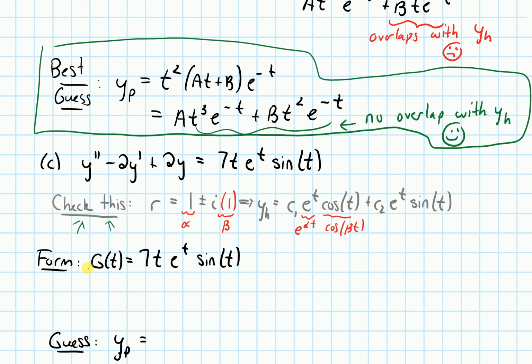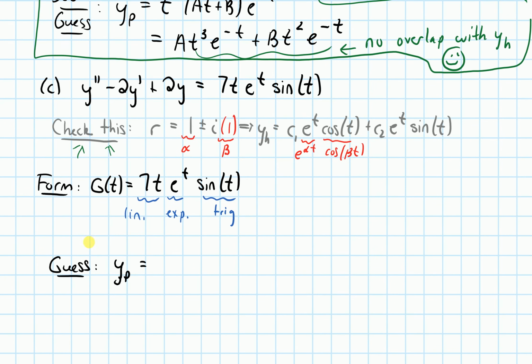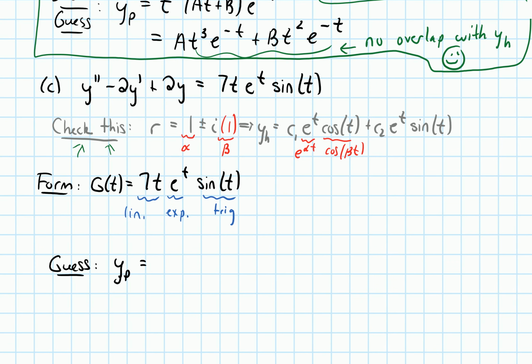So the form of the right-hand side is we have 7t e to the t times sine t. So we know that there's a linear piece. We know that this is an exponential piece. And then we have a sine function, so we have a trig piece. Let's use that to form our guess. Okay, so when we form our guess,